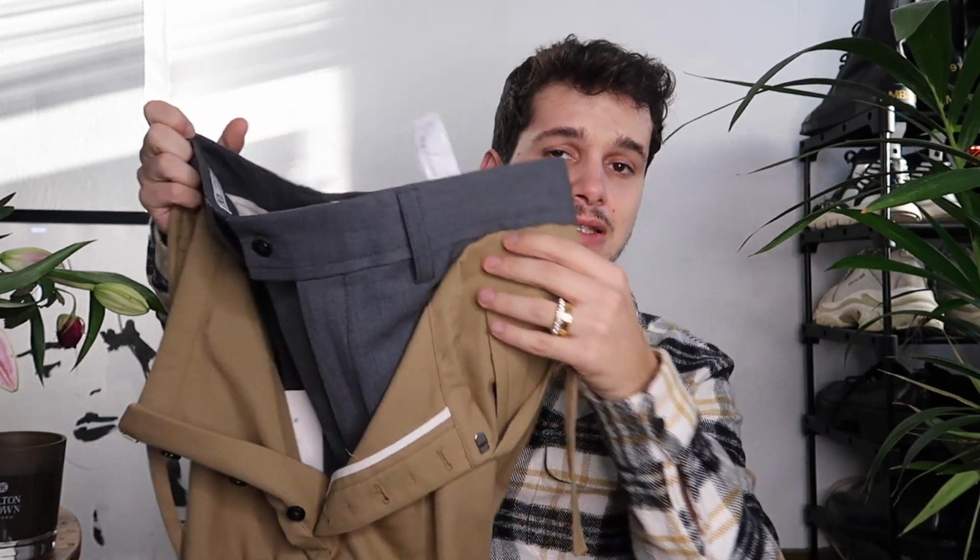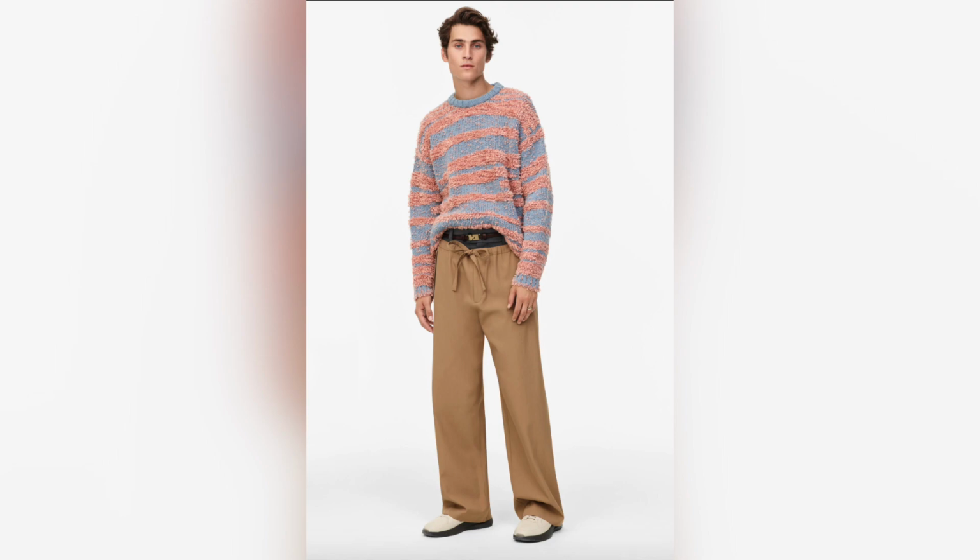First item that I'll be talking about is these double-waisted limited edition trousers from Zara, and they look something like this, which I know can seem very confusing. I'll try to put a picture here on how it's meant to be, but also I'm gonna try them on shortly. But the moment I saw these, I knew I had to get them, or at least try them on,